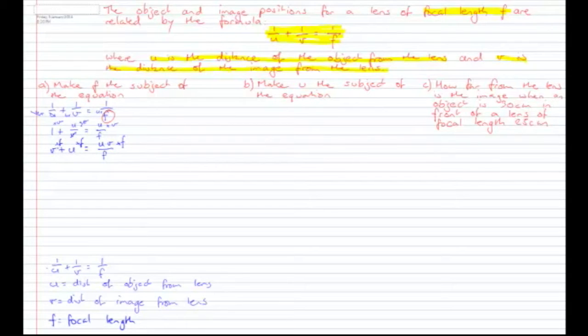Alright, vf plus uf is equal to uv, because the f's are cancelled out. Okay, so all of a sudden we no longer have the fractions, which makes this just a little bit easier,